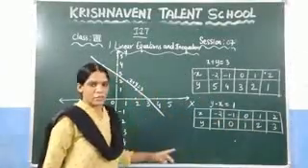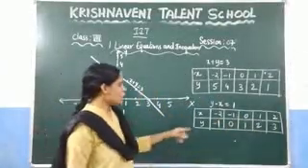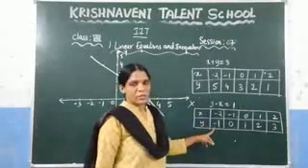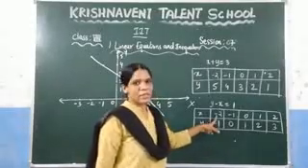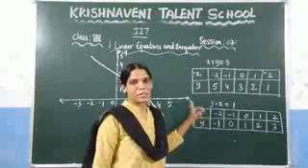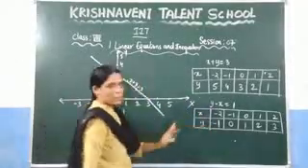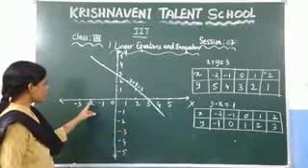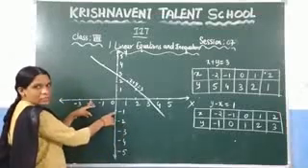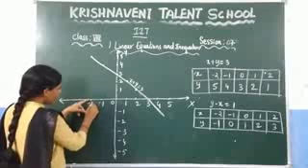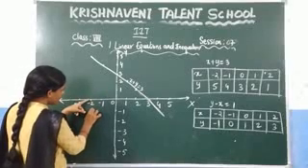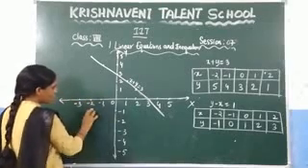So here now let us see the coordinate points here, -2, -1. So check here -2 on the x-axis and -1 on the y-axis and plot a point on this coordinate plane. Where is -2? This is -2, and where is -1? This is -1. So here you will get the point -2, -1.